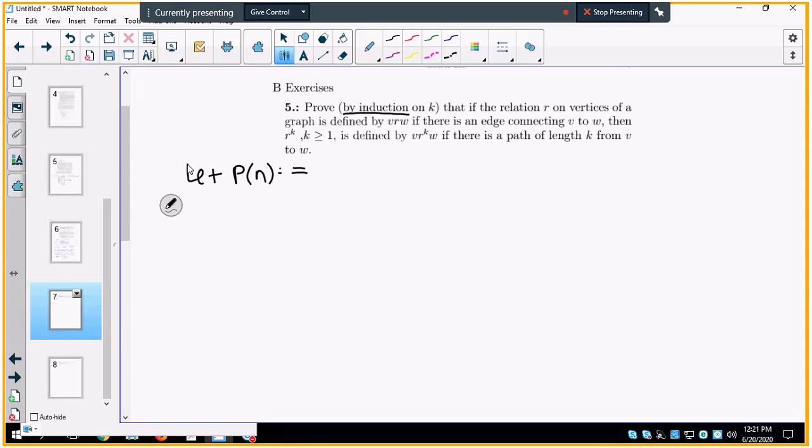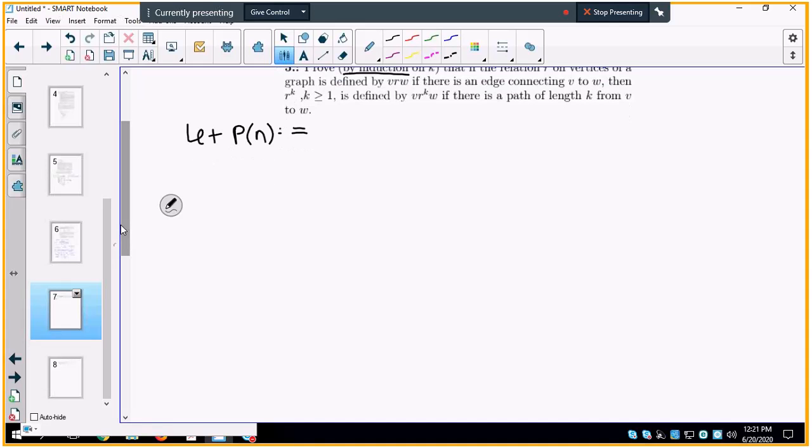But if it is something that you're interested in, feel free to read up on the technique. It's always going to follow what I'm doing here. So first, we're going to say let our proposition be the relation R to the n for n greater than or equal to 1 is defined by